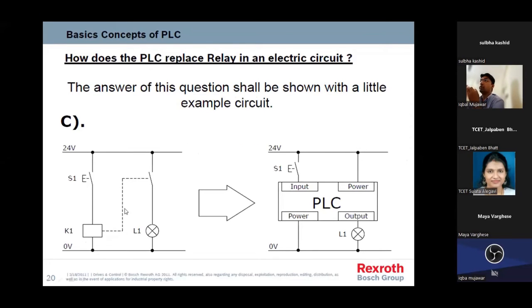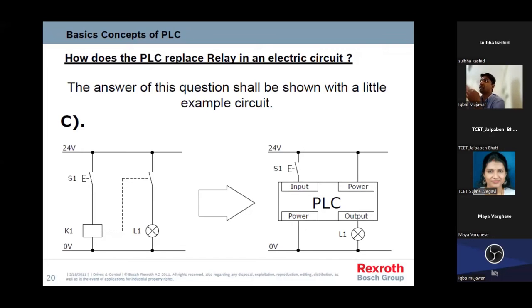Now suppose I want to replace this with the help of a PLC. Then it doesn't require all those things. What I need to do is connect the input switch to the input terminal of the PLC, the output component to the output terminal, and connect the power supply as per the requirement. In an RLC relay based circuit, everything is physically connected. K1 is connected with S1, and the internal switch is connected with L1. Everything is physical wiring. But here, there is logical wiring. No physical wiring is there because everything is connected with the PLC, not with each other. Then I can use it as per my requirement.